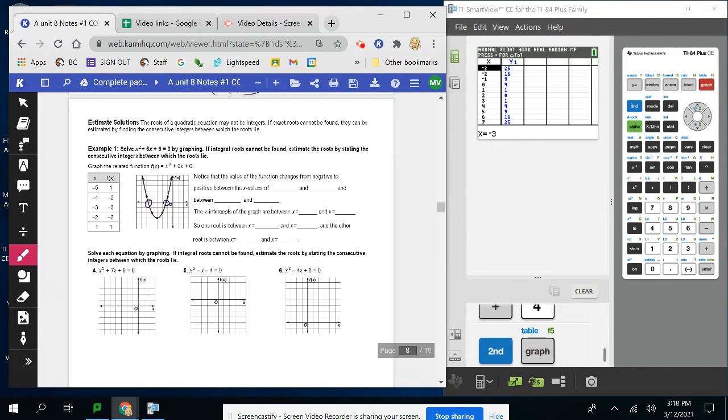So notice that the value of the function changes from positive to negative between negative 5 and negative 4, and then again between negative 3 and negative 2. The x-intercepts of the graph are between x equals negative 5 and x equals negative 4, and they are also between x equals negative 3 and x equals negative 2. So the one root is between,